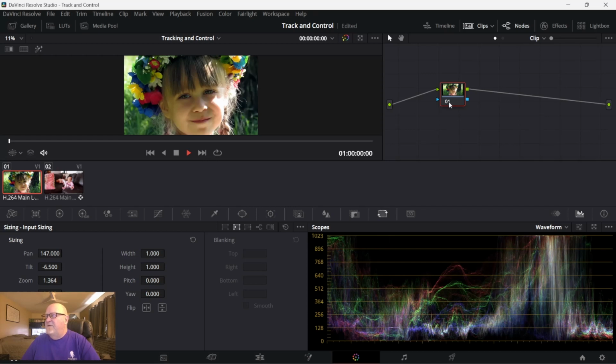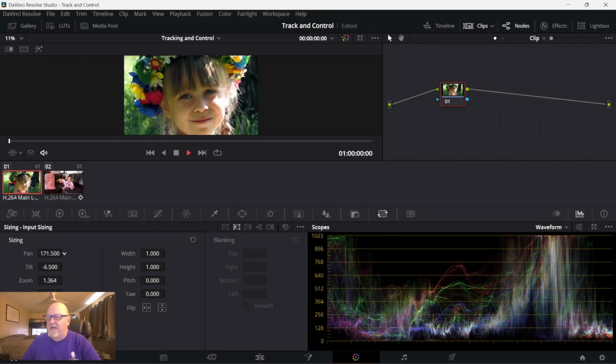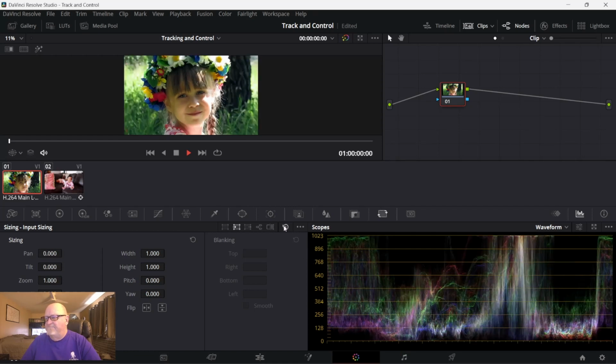Okay, if you don't have a node that's highlighted and you start changing things, you will change things to the entire timeline. But if you do have a node attached to whatever clip you're working with, then whatever changes you make will be made to that single clip. Okay, looks like we got some other things that we can do here, just like in the transform mode. We have the sizing itself, we have cropping,